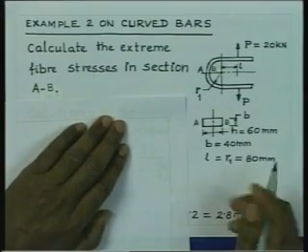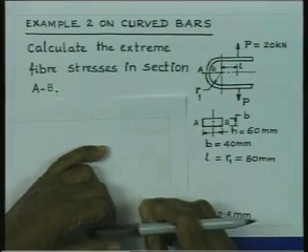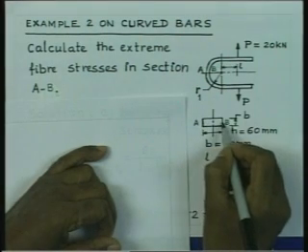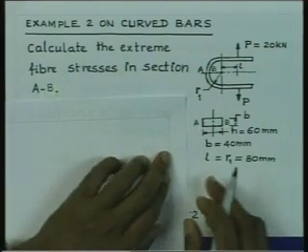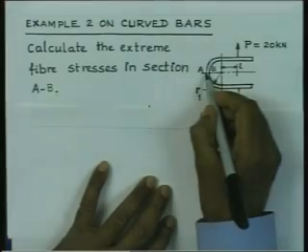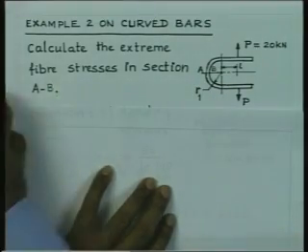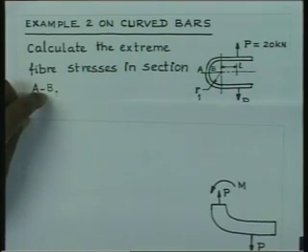What is needed is to calculate the extreme fiber stresses in the cross section. Therefore, you have a U frame which is loaded at some distance from the center of curvature of the portion which is curved, and you have to find out the stresses at points A and B. You can consider this problem if I take this section AB, so if I just consider a section like this,